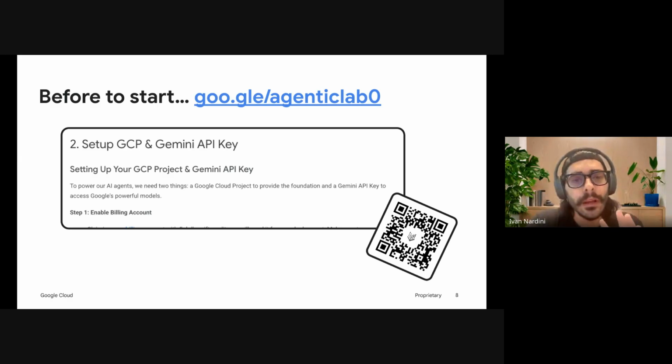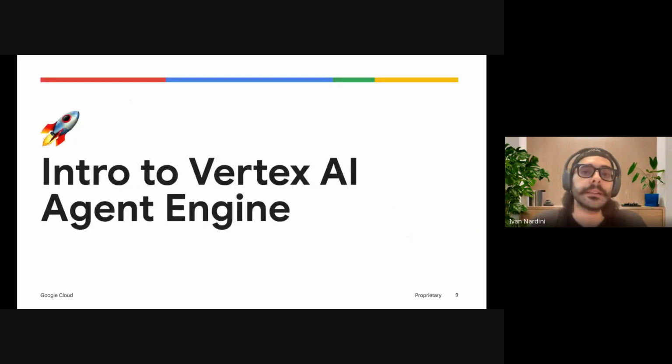So be sure that you scan this QR code or you go to this Agentic Lab 0 link. So Annie will guide you on how to get your credit in order to use all the services that we are going to show you today. So again, Annie will cover this in the first lab. With that being said, let's